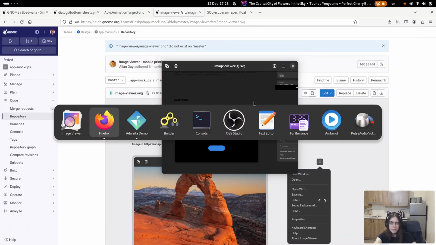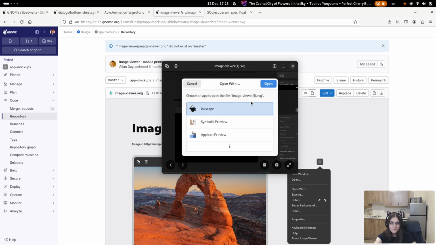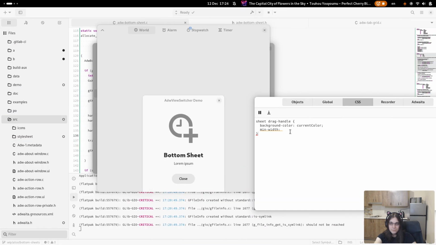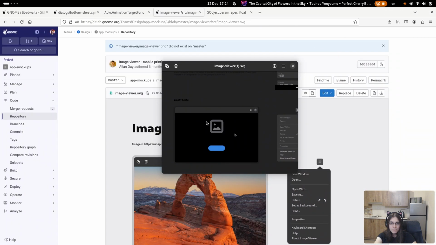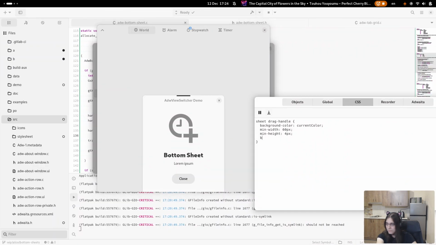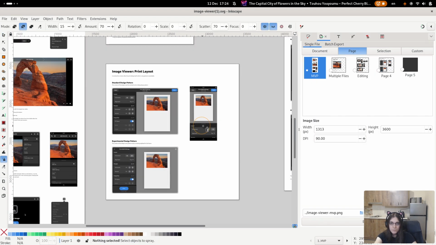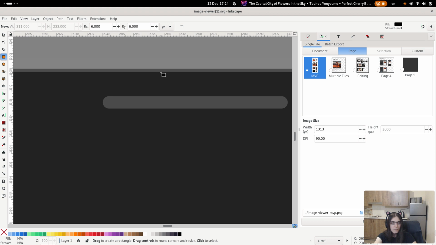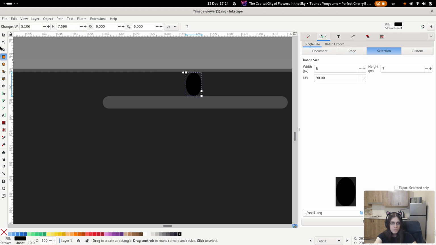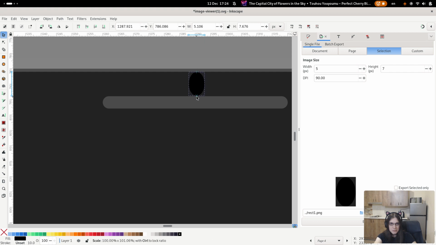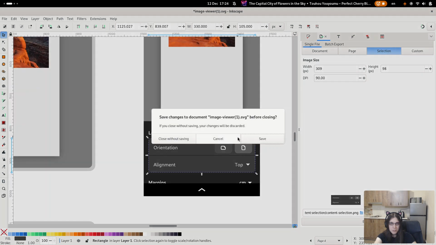Wait, I should have checked paddings as well. Wait, is it 6? 7 and a 5. I mean, I'll just do 6 pixels.